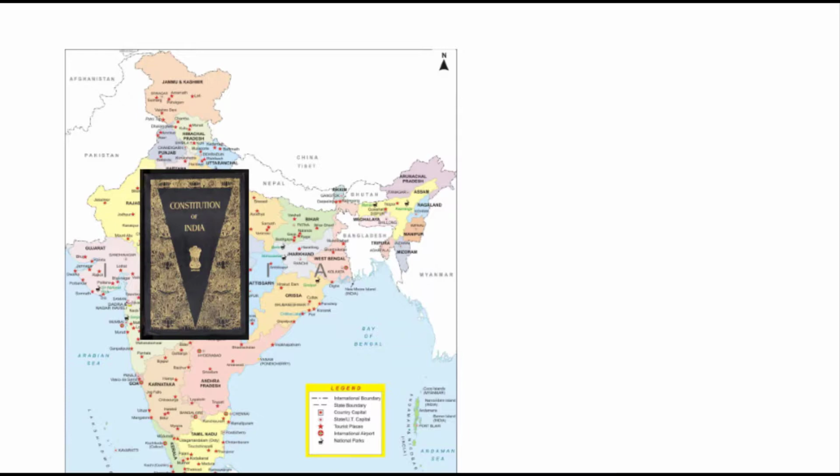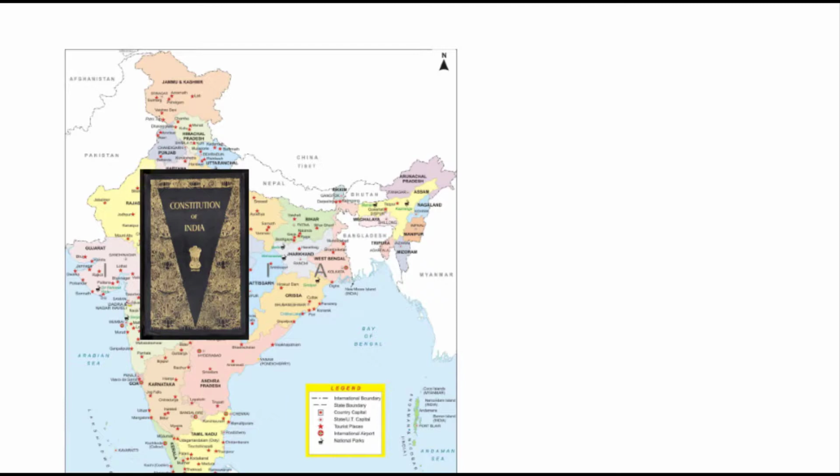Come back, need to pay attention. It is because the Constitution enables and empowers the sovereign democratic Republic India that it is able to ensure justice, equality, liberty, and is trying to promote fraternity among its citizens. In simpler words, it is the Constitution which enables and empowers India to ensure the welfare of its citizens.